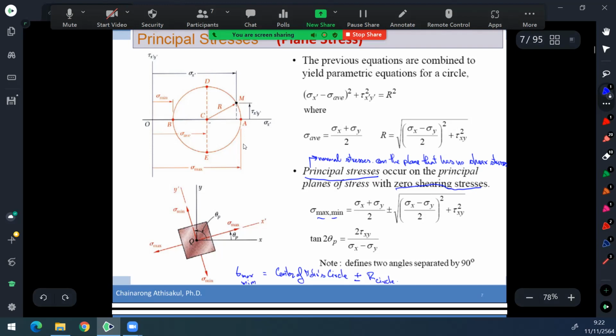Okay, so the center of Mohr circle is the average. The center of Mohr circle is very easy to remember. This is the average normal stress. So if we focus on the plane XY, it is equal to sigma X plus sigma Y over 2, which is the average, right? Okay, and the radius of Mohr circle is